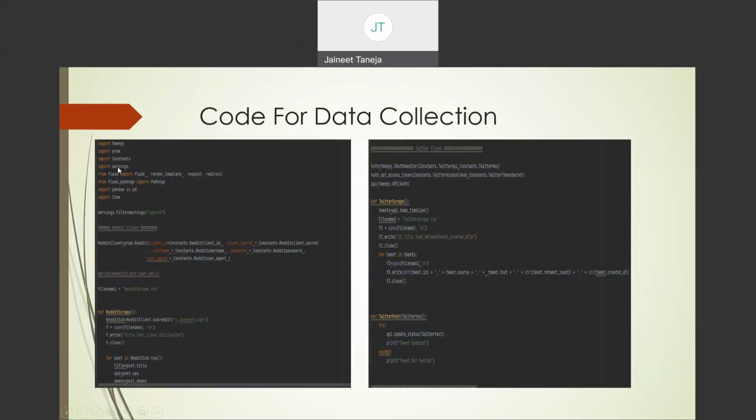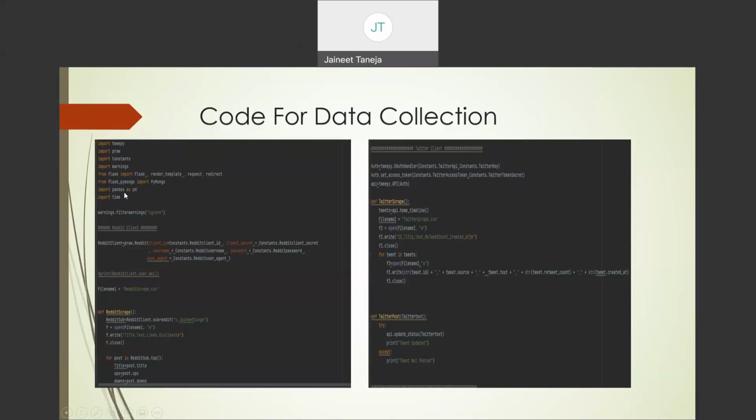Import warnings. Warnings is just for ignoring the filter warnings, like we get some basic warnings, so we can ignore that. From Flask. Flask is used for building the website, and render_template is basically for creating the HTML, which will render in real time. Request is for the request taken from the site, and redirect is if you have to render, so it will help us in redirecting.